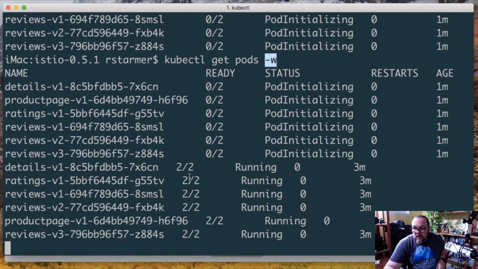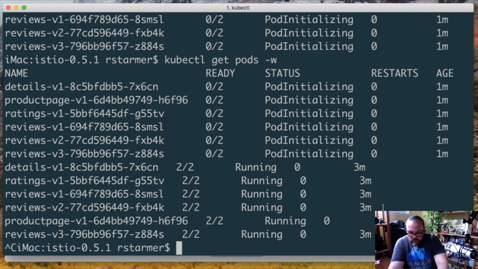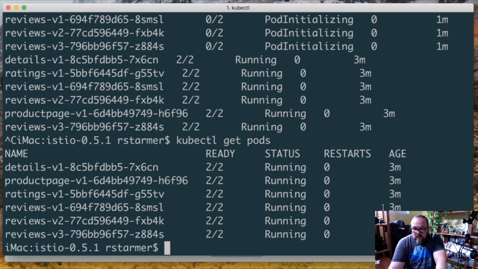Is everything running? 1, 2, 3, 4, 5, 6. Yeah, it looks like. So I stopped the watch because watch will keep doing it forever. It basically sort of gives you a view of the state of your system, a graphical overview, as it were. All right, so here we have these resources. This is all running, and the next thing we wanted to do is we wanted to be able to talk